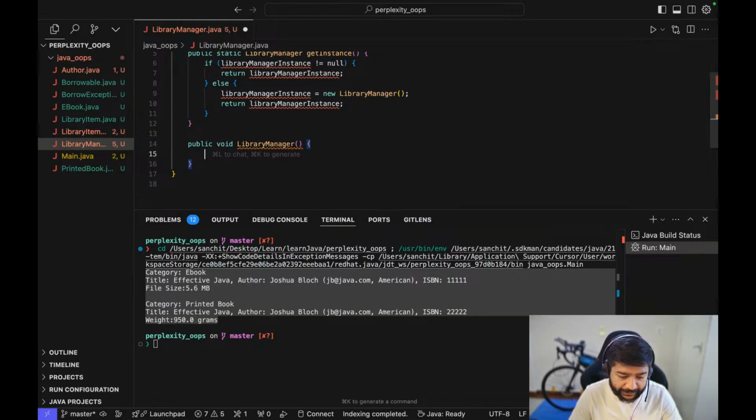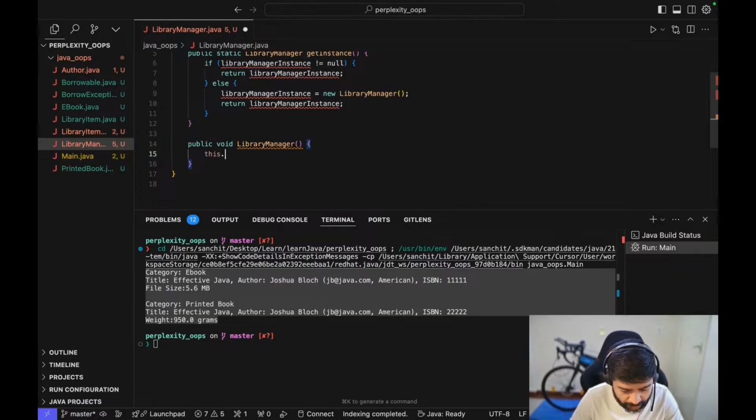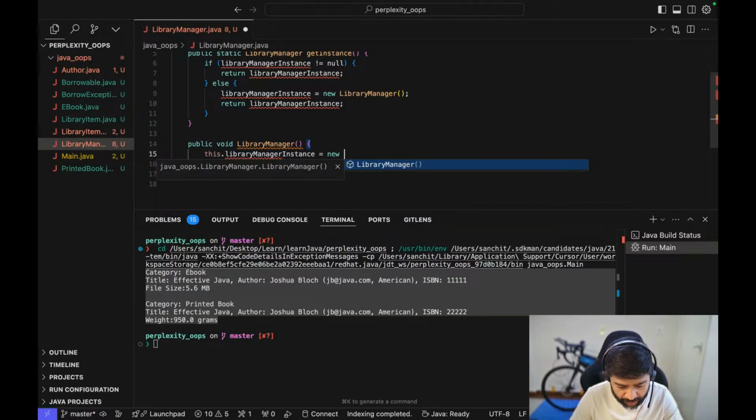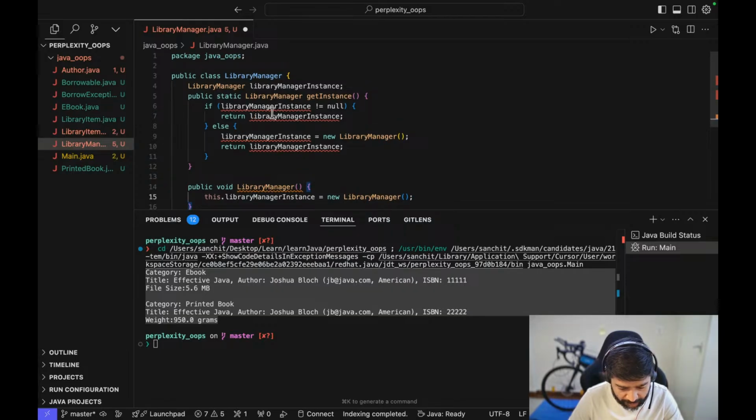Obviously, it doesn't need any variables or anything, so this dot library manager instance equal to new library manager. Then probably